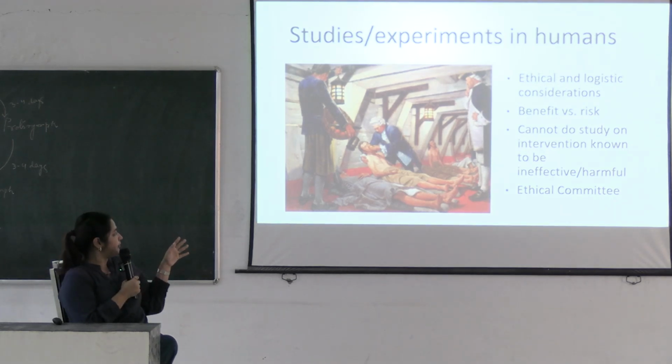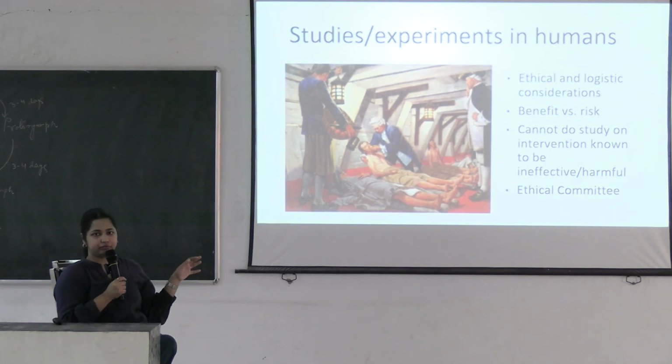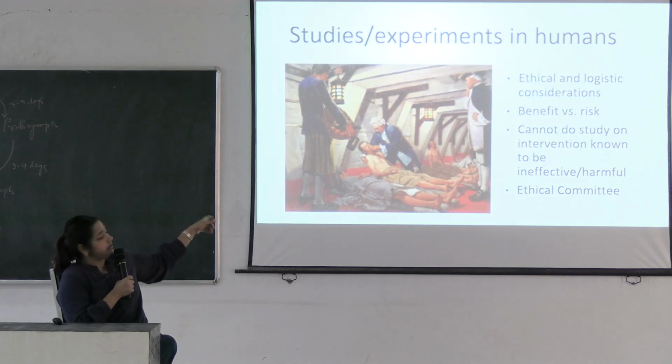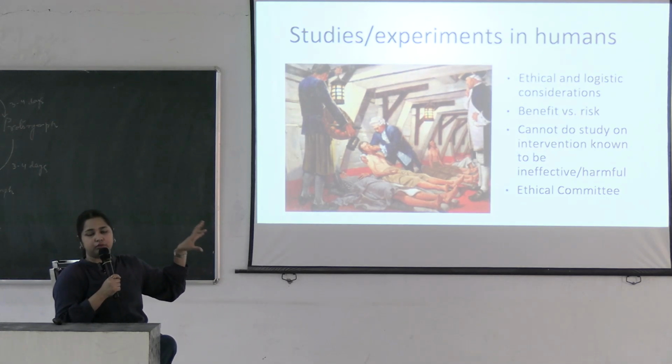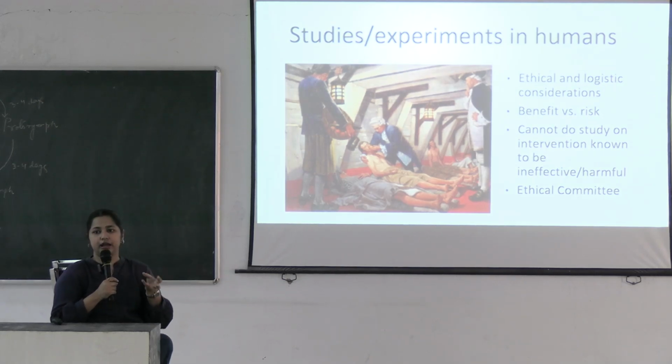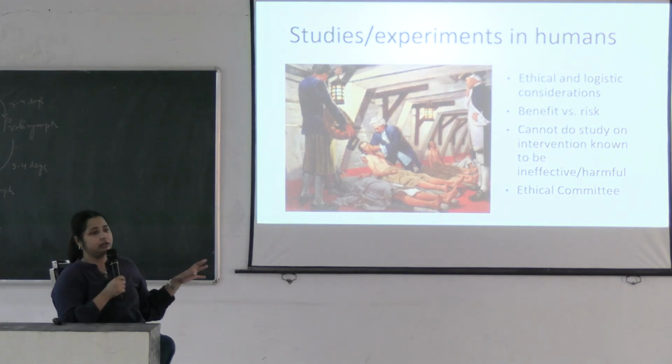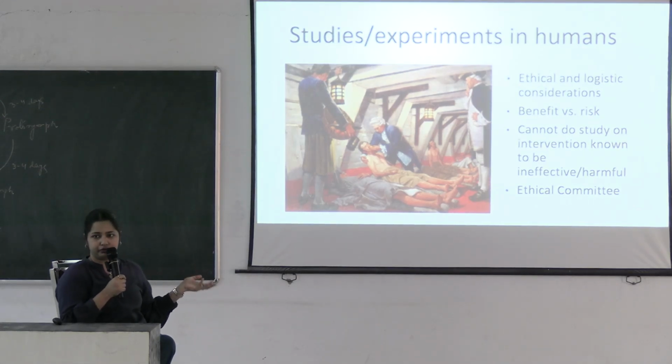This picture I have shown because this is one of the first experimental studies that was done in humans. At that time, there was no such thing as a study, but this is the 1700s. This is the interior of a ship. At that time, the most prevalent disease in the sailors was scurvy, vitamin C deficiency. Why? Because they were out at sea for months on end and had minimal access to fruits. They were consuming maybe fish and meat, some cereals, but that's it. They were very deficient in vitamins, so scurvy used to occur a lot.